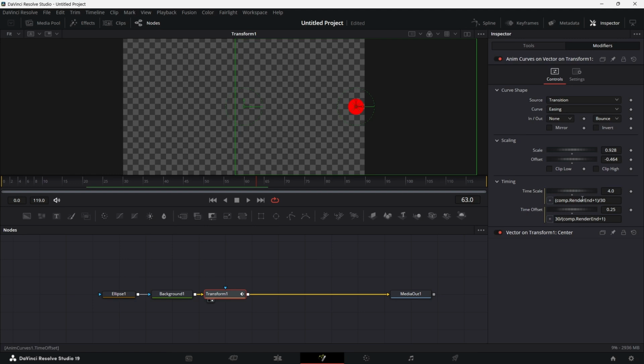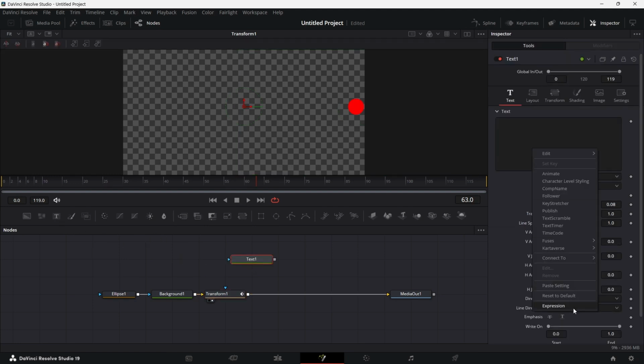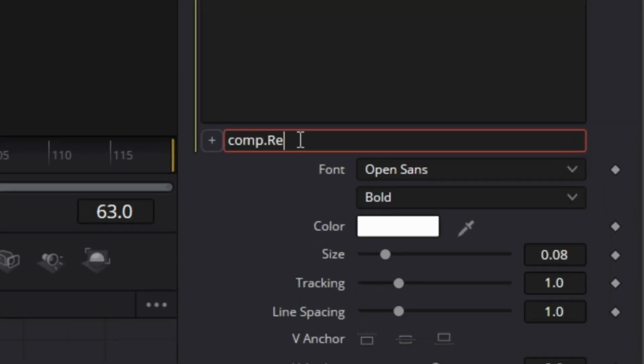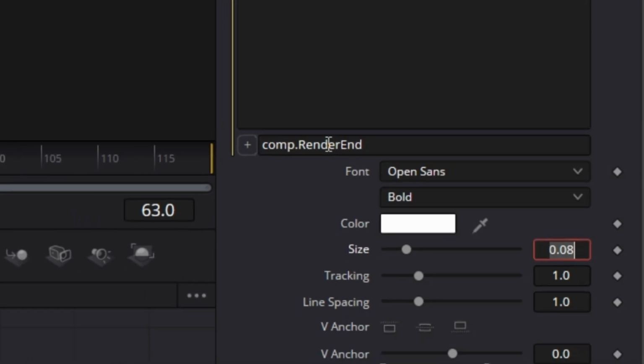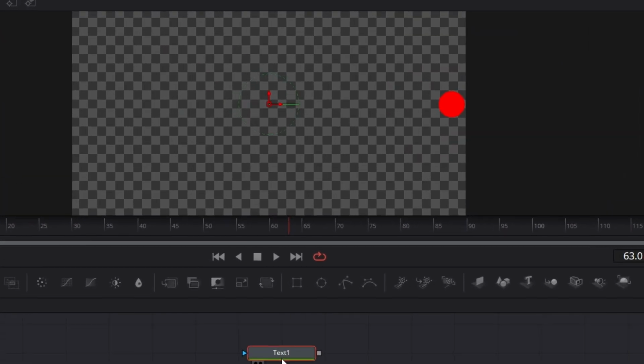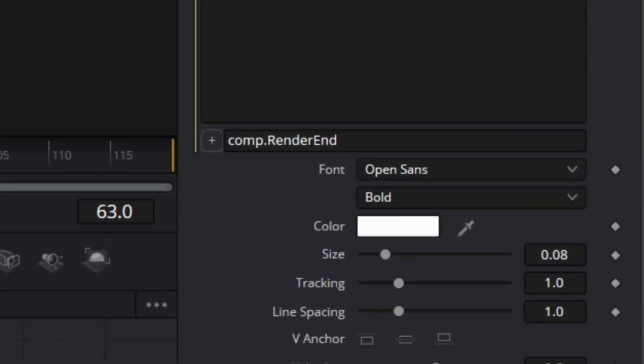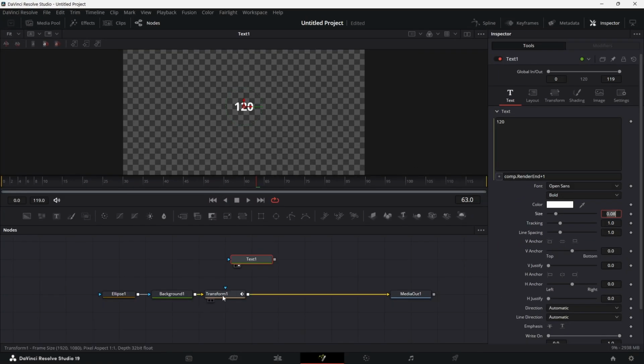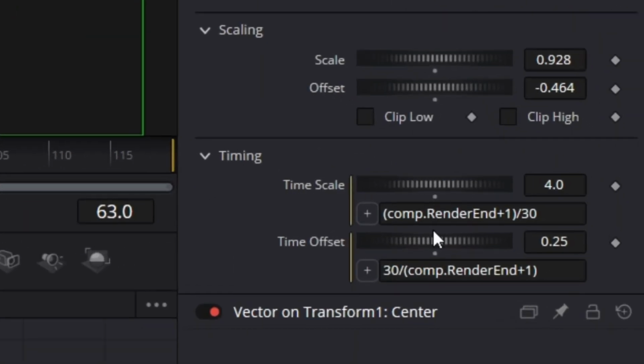Comp.RenderEnd is less 1 frame, so that's why I'm adding 1 frame to it to make it the complete frame. How do I know that? If I bring in a Text+ node and I right click on this and I put expression. So if I delete all of that and I type comp.RenderEnd, press enter. Let's say I drag this to the viewer. You see it's 119. It should be 120 frames because 0 is the first frame, the last frame is 119, which is altogether 120. So to make sure it captures the actual length of the comp, I just add +1 to it. So we get 120,